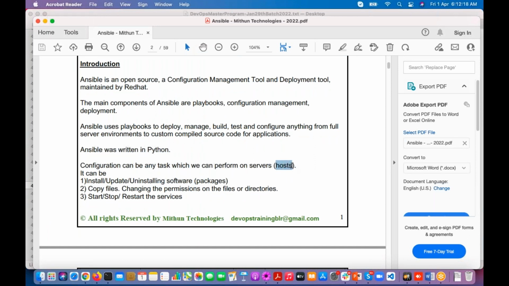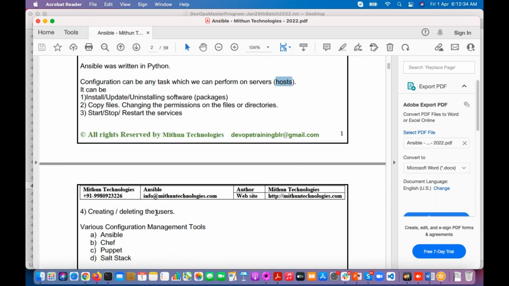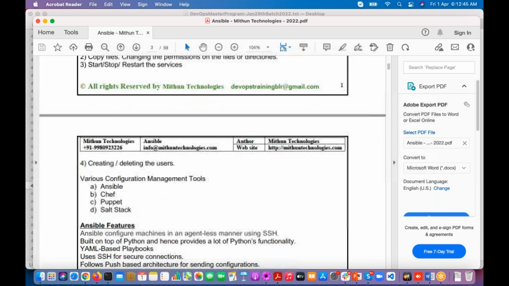Configuration can be any task which we can perform on the servers. Servers we can call host machines, or hosts. It can be installing, uninstalling, updating software, copying files, changing permissions, stopping, starting, restarting servers, creating and deleting users. These are configuration management tasks.